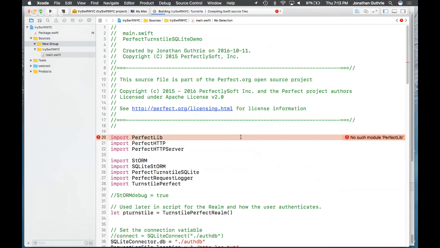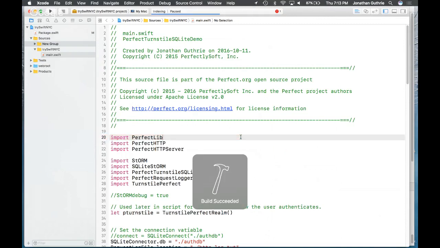That's because no build has actually been done, so Xcode has no knowledge of the dependencies directly as it hasn't cached them. Okay, it's finished compiling all the dependencies and the main project.